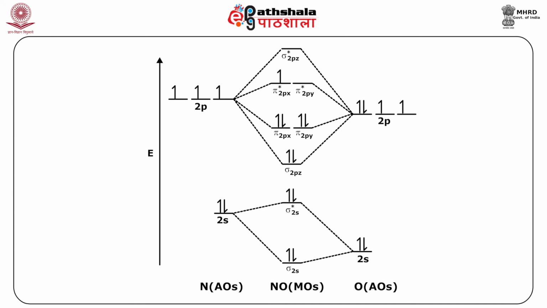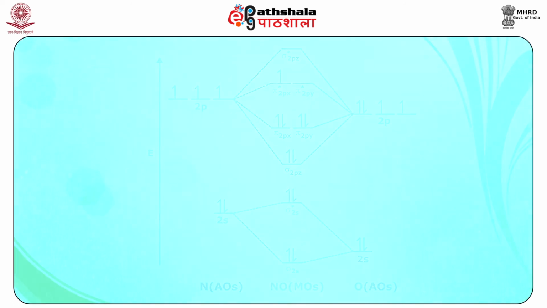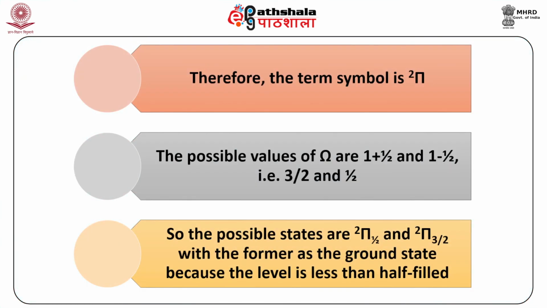And if you count the number of electrons, leaving the 1s electrons, there are 5 electrons in nitrogen and 6 in oxygen. So, you have to fill 11 electrons, 4, 5, 6, 4, 10, and 1 electron is left in the pi star orbital, the antibonding pi orbital. So, besides the 4 core electrons, there are 11 more electrons. The levels up to pi 2p are completely filled and do not contribute to the angular momentum, leaving pi 2p star, the antibonding orbital, with 1 electron. Therefore, the term symbol is simply 2Π.